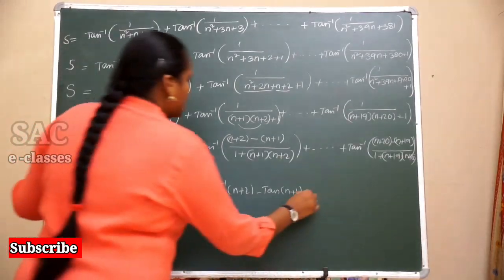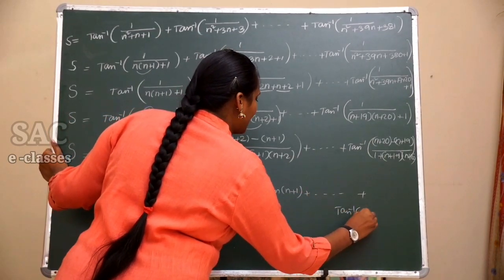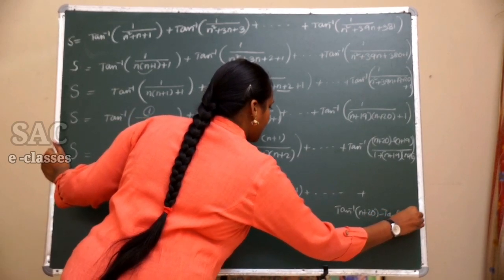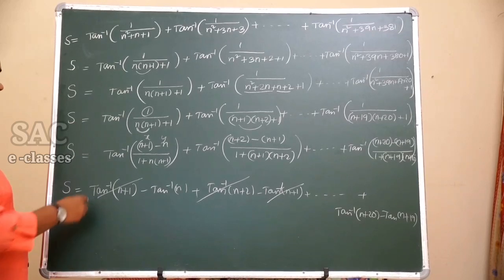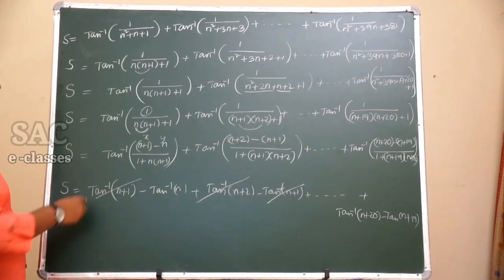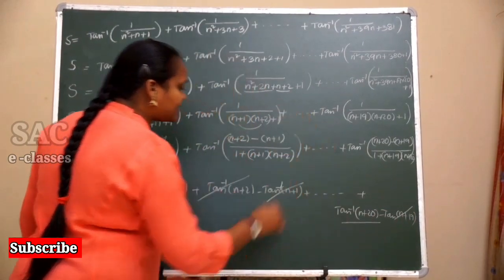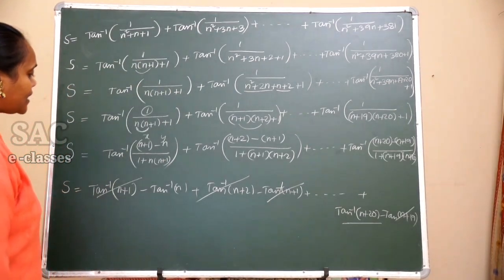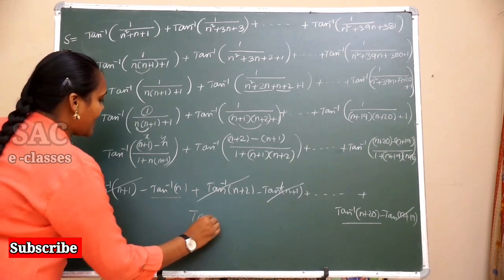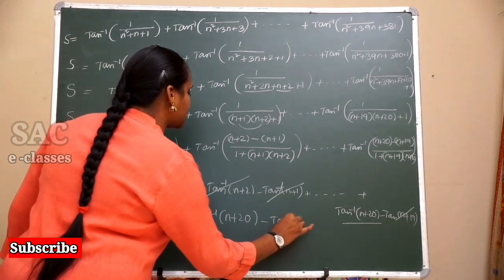In the same manner, you can express it as tan inverse n plus 20 minus tan inverse n plus 19. Here tan inverse n plus 1 gets cancelled by tan inverse n plus 1. Like that all the terms will get cancelled except the last term tan inverse n plus 20 and tan inverse n. So let us write this as tan inverse n plus 20 minus tan inverse n,